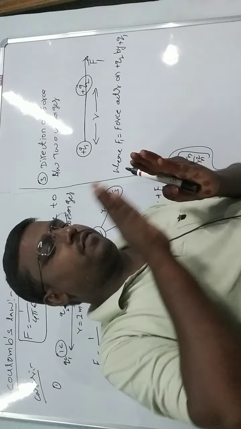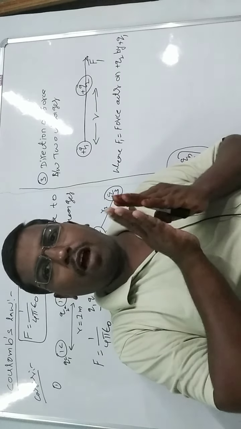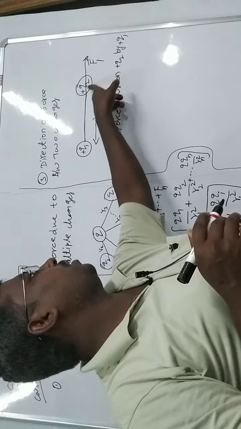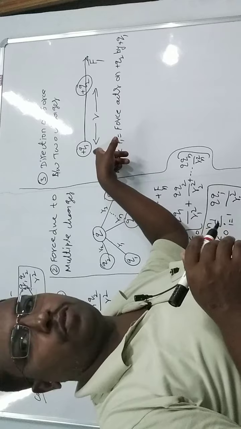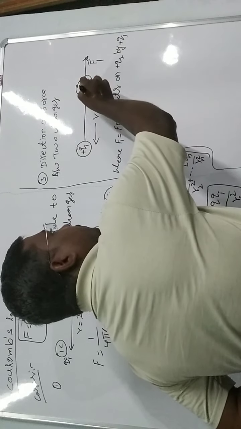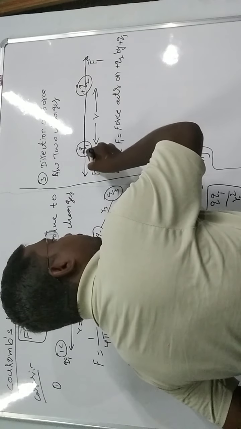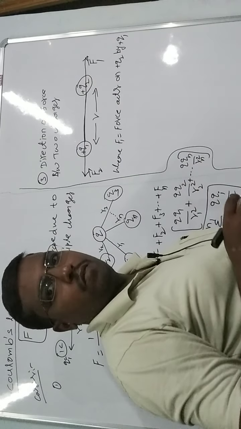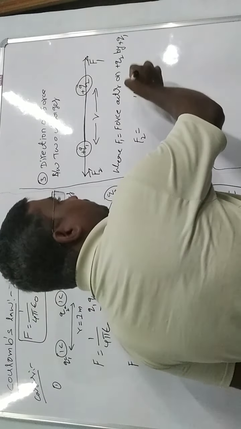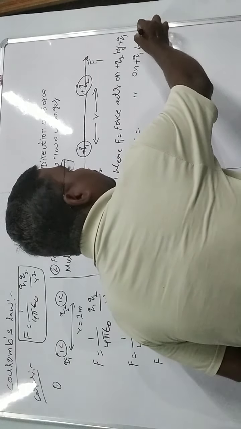Similarly, this force is F1, this force is F2, and both forces are equal and opposite. In this case also, Q2 replies to Q1 with the same force. That is, Q2 applies a repulsion force along the same line. This force is F2 bar. Students, what is F2? F2 is the force acting on plus Q1 by plus Q2.